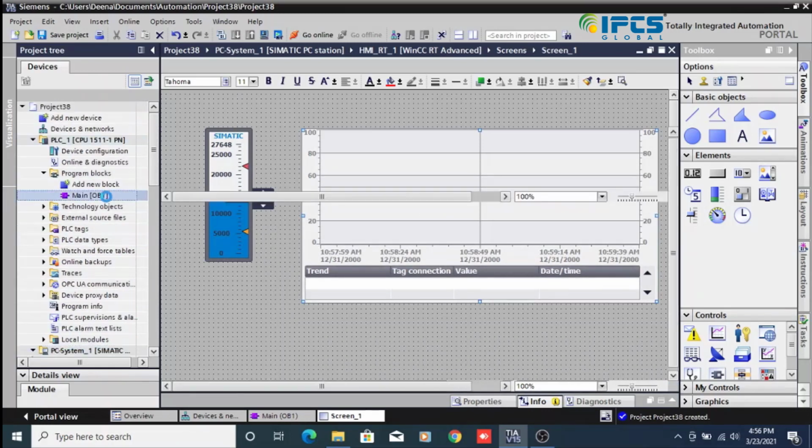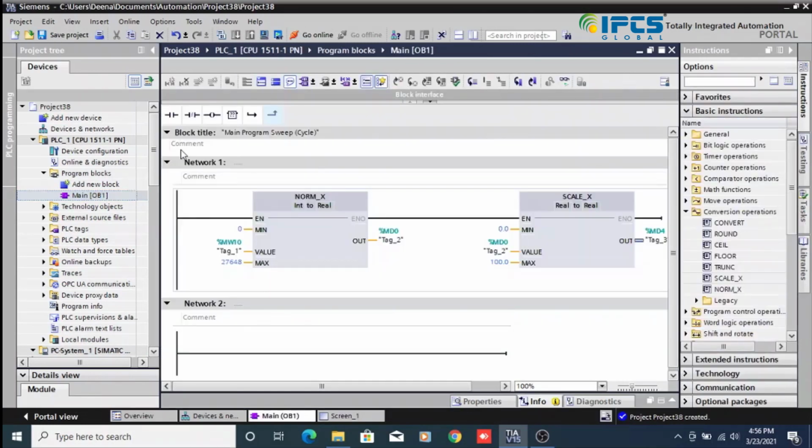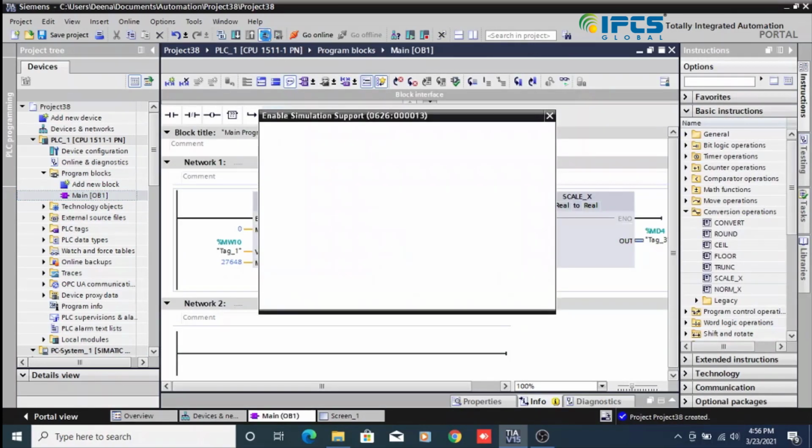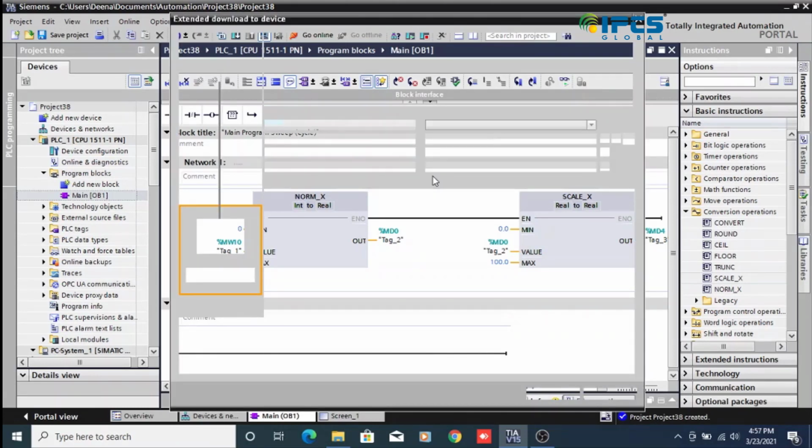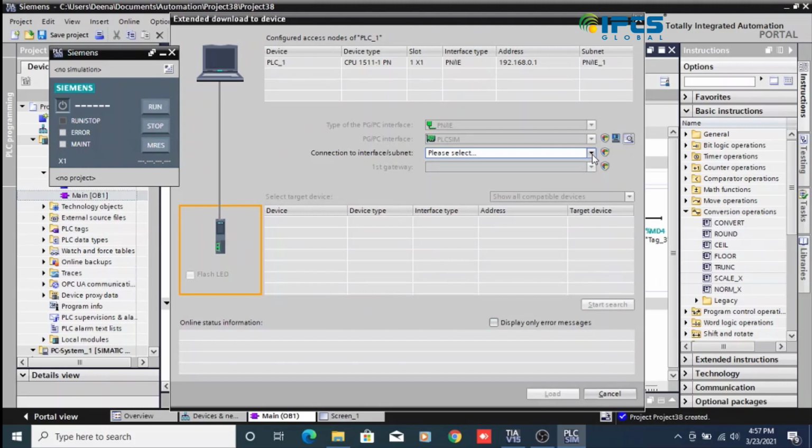In that main OB, I am going to simulate the program here in that simulation. In that simulation, I am going to select and start search.